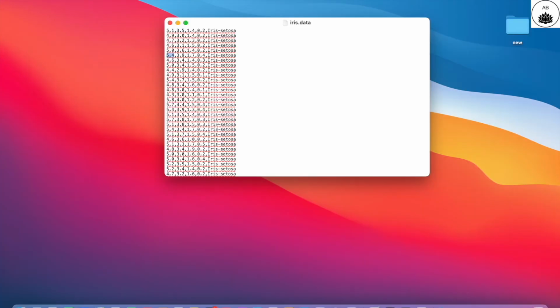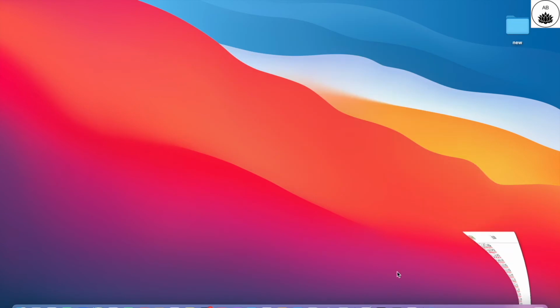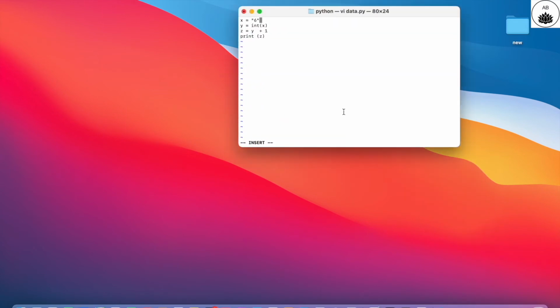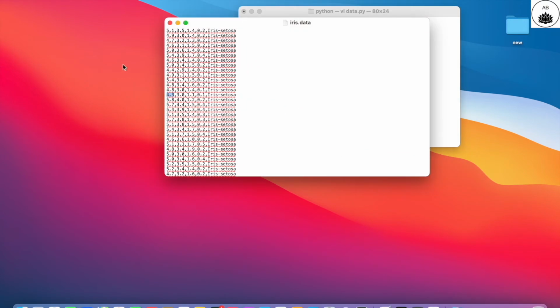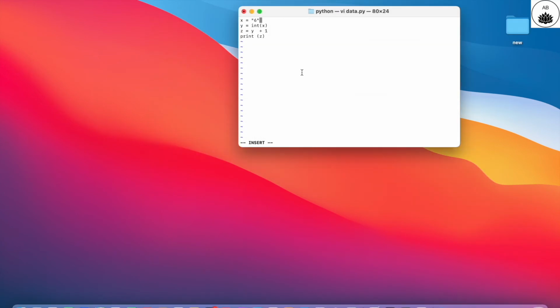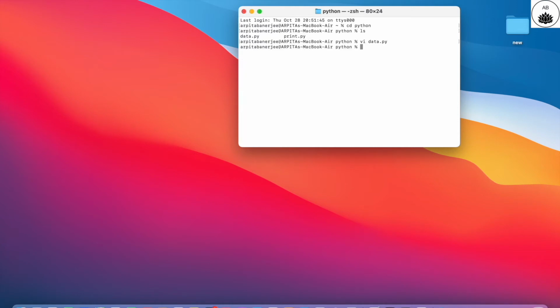You're going to learn from my future videos how to extract each of these individual attributes so that once you extract them, you can perform mathematical operations on them to process the data file. Now, what you have here is 5.1, 3. These have decimal places to them. And if you have something like 6.1, then instead of int, you have to use float. Now, if you run the script just to check,